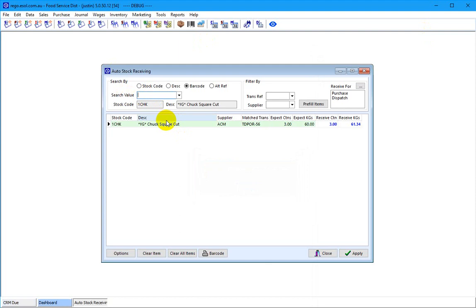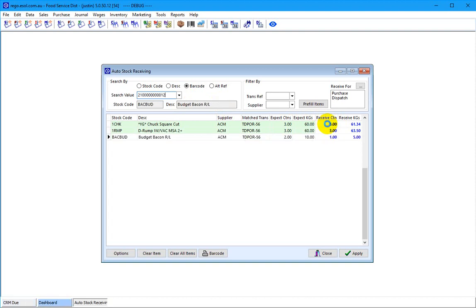And you see the line went green, which means we've received 3 cartons because I scanned 3 barcodes. It's smart enough to know that that's what we wanted. And let's do the rump. And now I'm going to scan the barcode for the bacon. The bacon barcode,